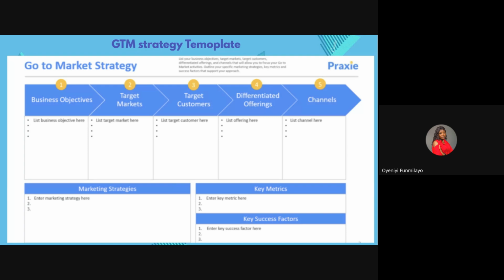The key metrics and what? Key success factors. What success looks like to you. That's what a key success factor is. Let's say, for example, when you're doing your go-to-market strategy, you said you want to get at least a minimum of 1,000 downloads of your app, right?